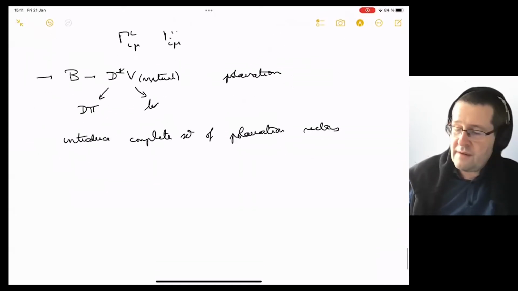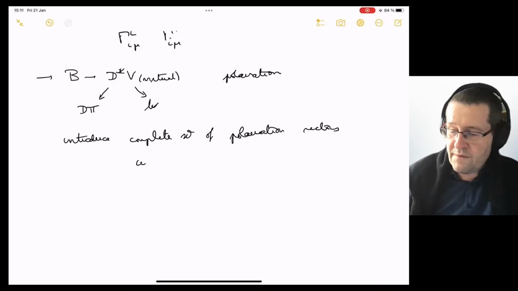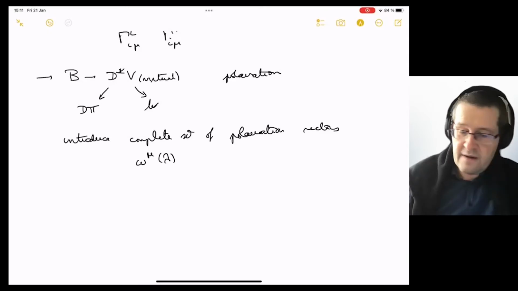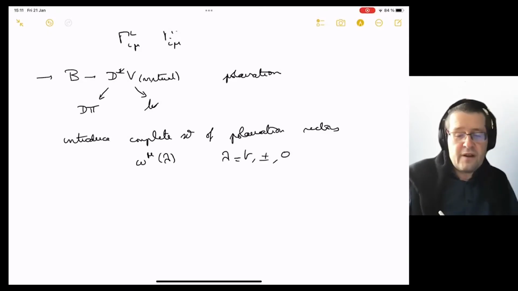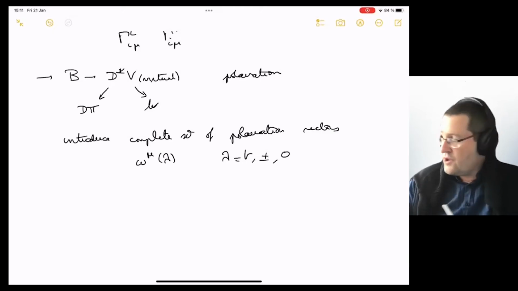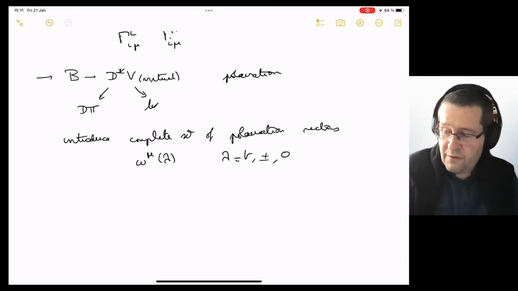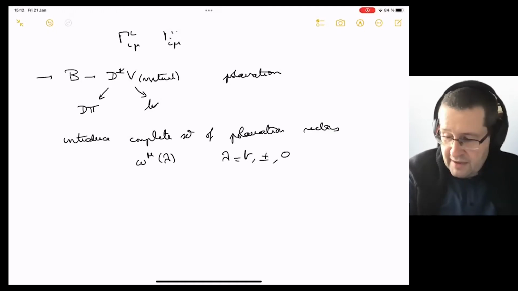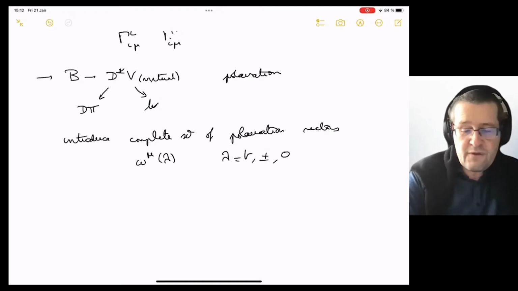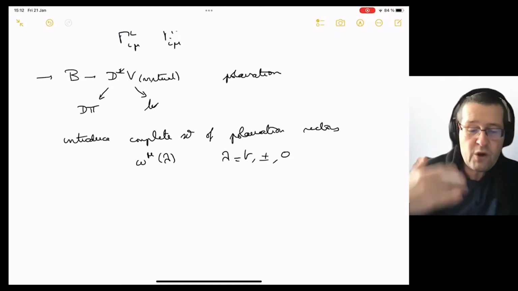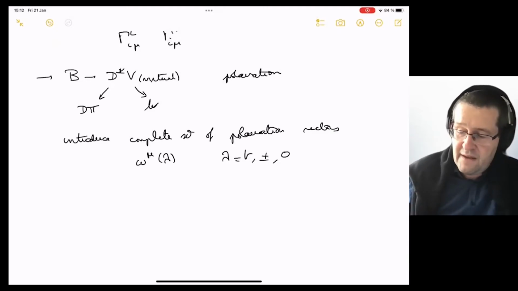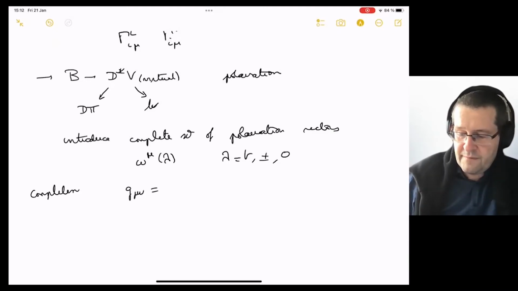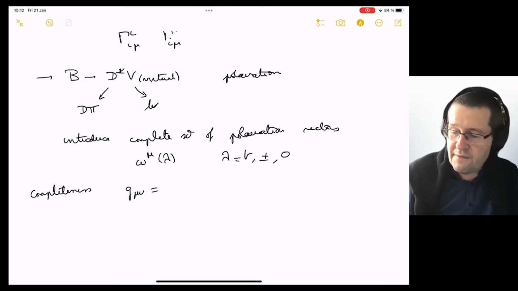So typically, in general, if you do that, that would be vectors with the three actual polarizations that are the real ones, so 0, plus, and minus, and then you've got an unphysical time-like polarization that you have to add in order to have a complete basis, and then you can use the completeness relation that you have here